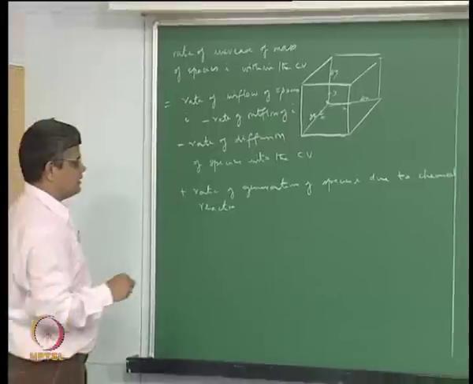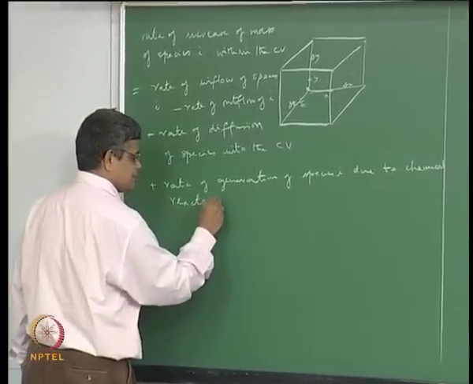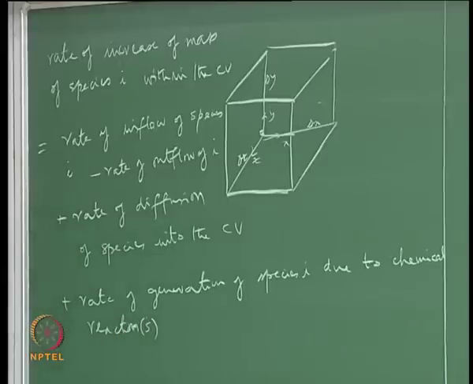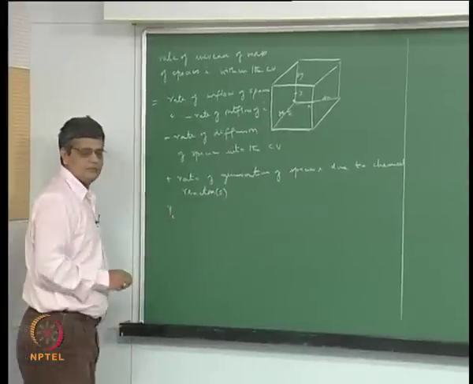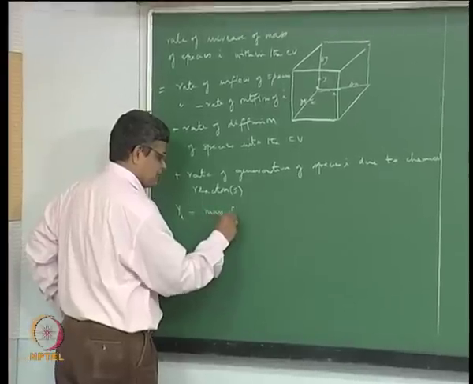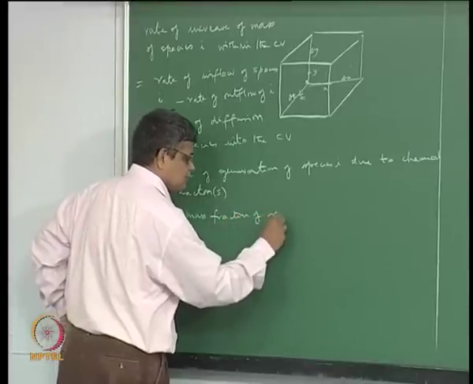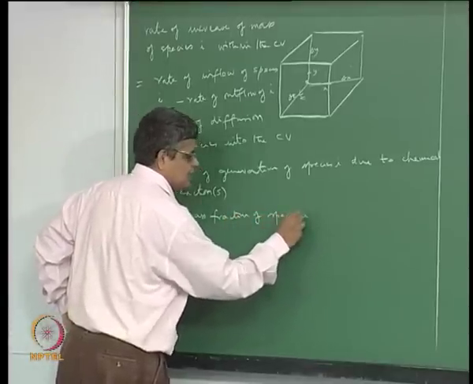Okay, we have put chemical reaction, it can be a set of chemical reactions. So, we will put S in the brackets. So, this is a verbal statement, and we can now convert it into a mathematical formula. We introduce a new variable, for example yi. This indicates the mass fraction of species I